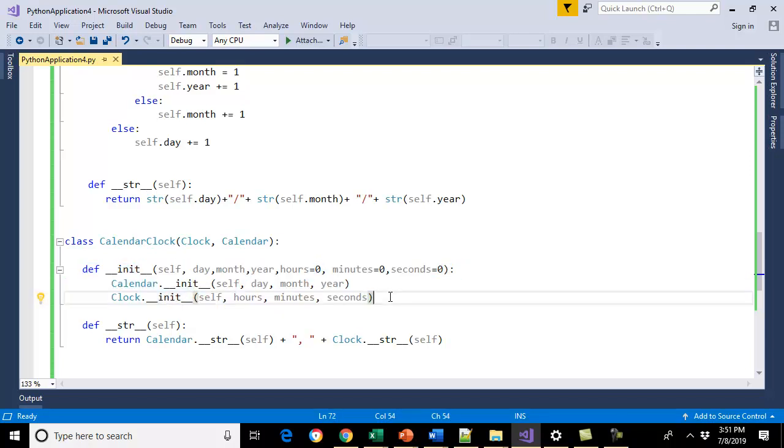Now, once again, we could have done this as a cascading type thing where the calendar inherited the clock, and then the calendar clock inherited the calendar, and go from there. We can do that too, but you see how this works, and it's pretty clean. But that's what inheritance is all about. Hopefully that makes sense to you, that we're inheriting things that are derived one time and one time only, and thus